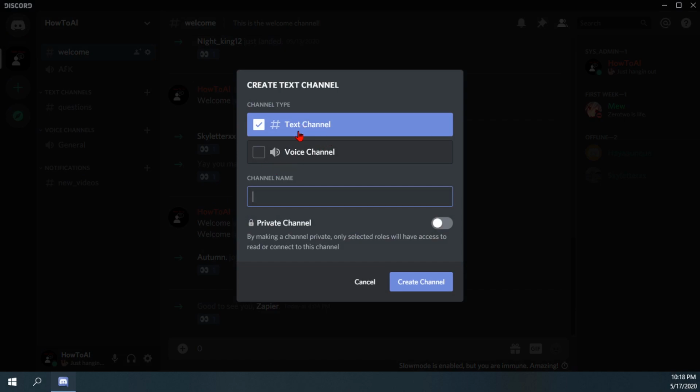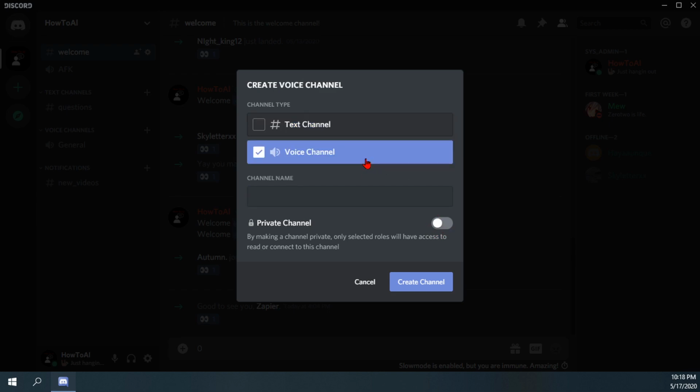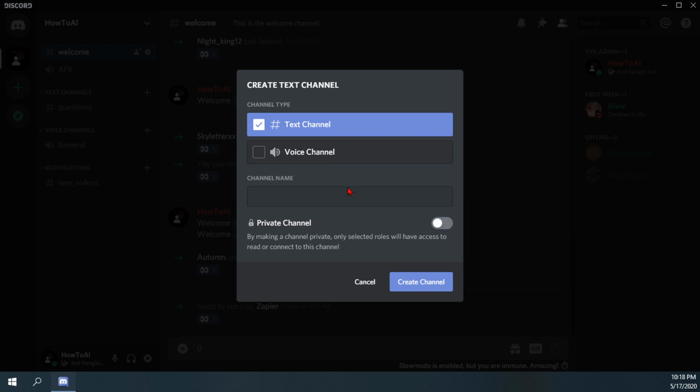So from the pop-up menu here, what you're going to want to do is, after you've selected text channel, make sure you select private channel. Now you can do this both for voice and text channel, but we're just going to show you for the text channel. So I'll just call this text channel private, or better yet,